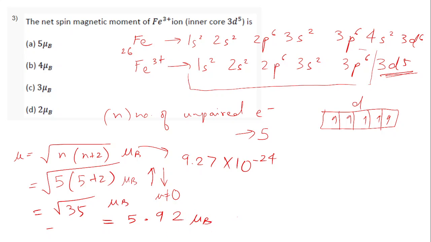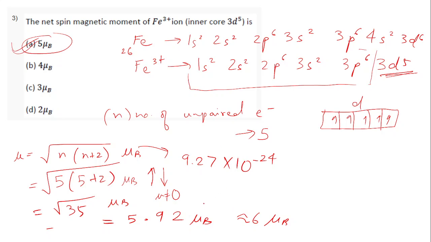5.92, or I don't know, we can round it off maybe. So in the option, I don't know why the option is not matching. This is the formula, and I think the best answer would be this. Maybe they have only considered the integer part for some reason. If we have to choose from these 4, then 5 Bohr magneton should be correct. But actually the answer would be 5.92 Bohr magneton.